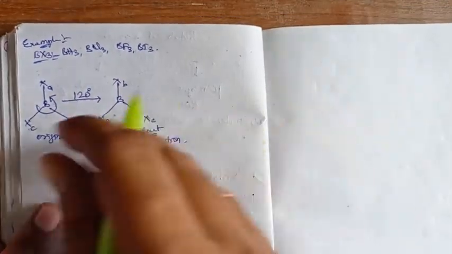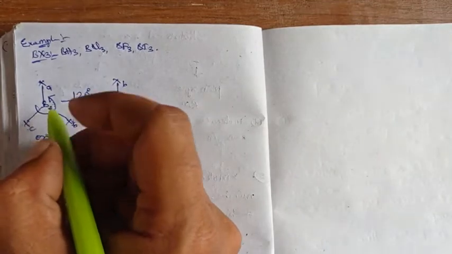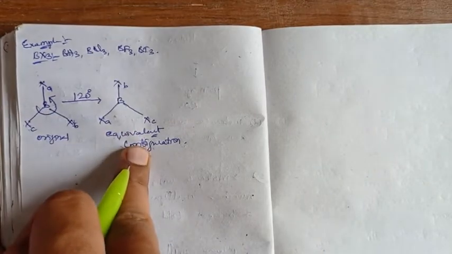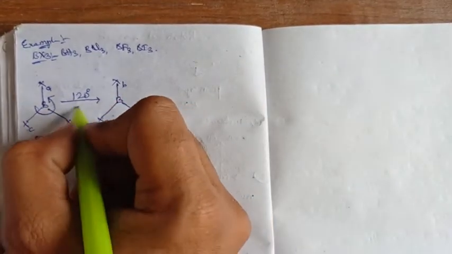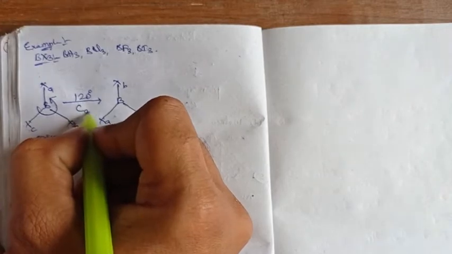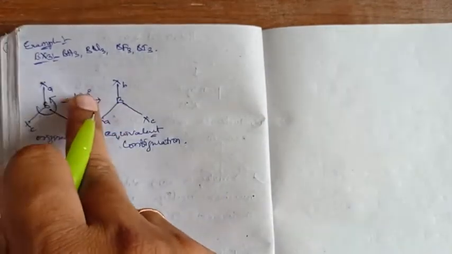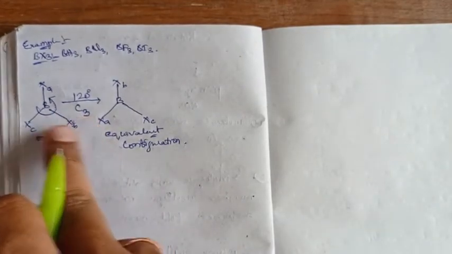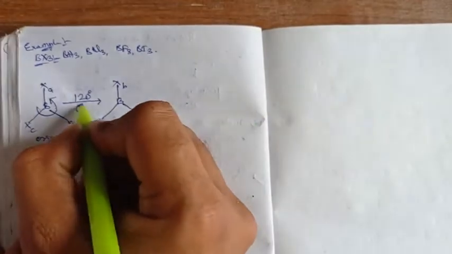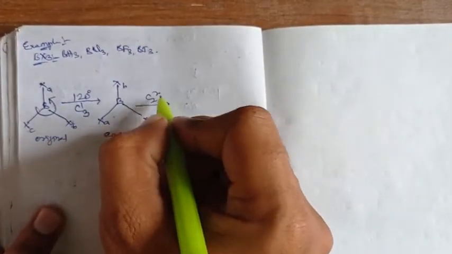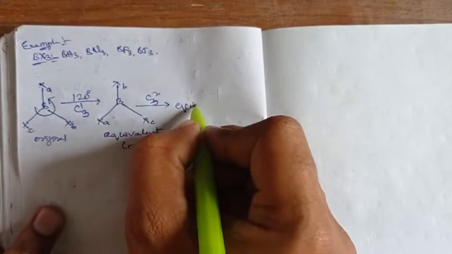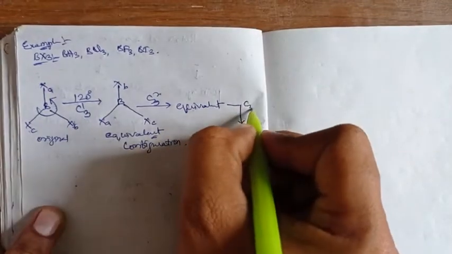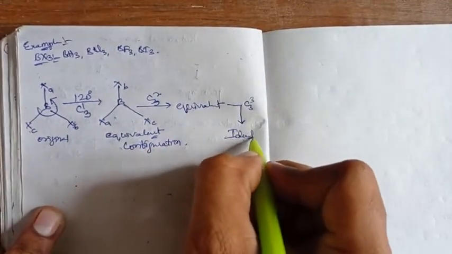When that happens, this rotation is called a rotational axis of symmetry. After a certain angle of rotation, if it gives an equivalent configuration, then that is called a rotational axis of symmetry. Here it is C3, because 360 divided by 120 equals 3. So it is C3, a third fold rotational axis of symmetry. Doing it a second time with C3 also leads to an equivalent configuration, and the third time it leads to an identical configuration.